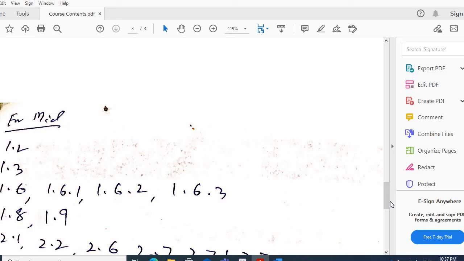You can open the book, and for the midterm examination you have to prepare article 1.2, that is characteristics of computer, 1.3 uses of computer, and then 1.6 types of computers, 1.6.1 analog computers, 1.6.2 digital computers, 1.6.3 hybrid computers, then 1.8, information technology, 1.9 number systems,